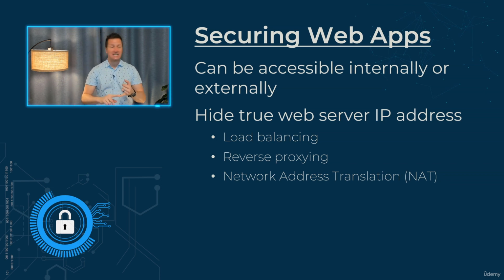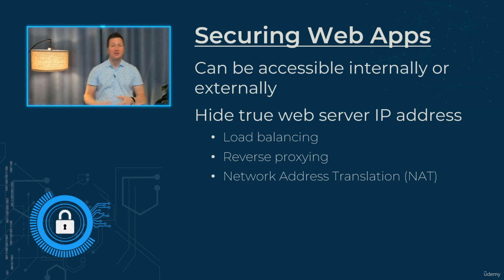Again, we are protecting or shielding that server from being directly visible on the internet, which is always a good thing. Also, network address translation, or NAT. Remember that one? It kind of feels like reverse proxying, but the difference with reverse NAT is it only applies up to layer 4 of the OSI model, where reverse proxying is up to layer 7. Now, you might wonder, who cares about that? Well, we care because up to layer 7 with reverse proxies means that it's much more sophisticated and might require additional user authentication. It might limit access to services during certain times of the day,